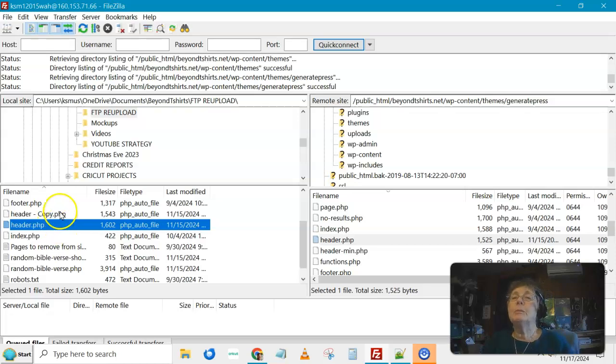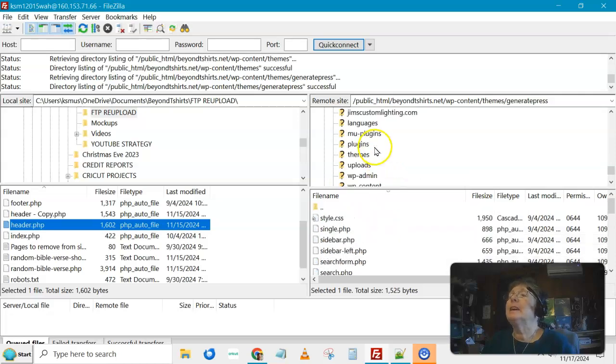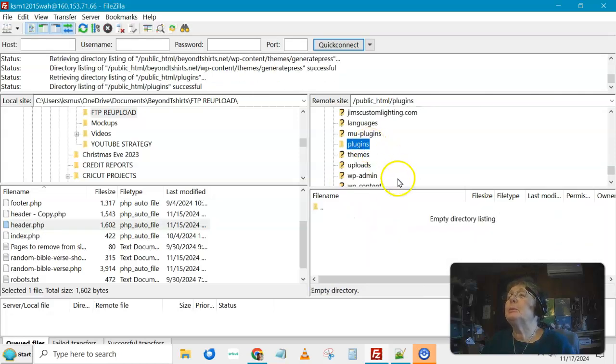You want to make a copy of it so you always have the original file. And this is why I prefer using FTP, or even going into your GoDaddy and using your cPanel and your file manager. Because if you mess up, which I did,